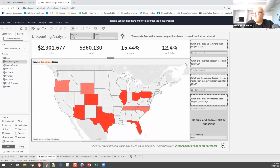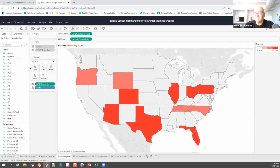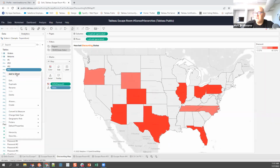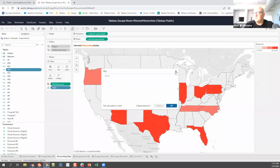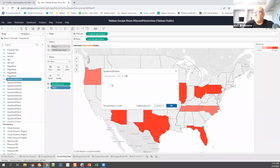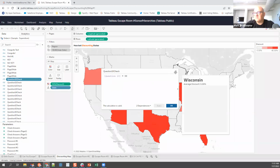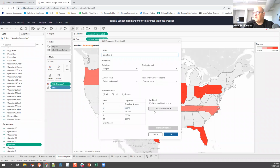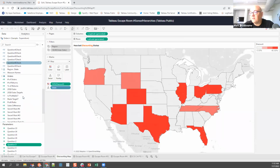and I'm going to go in just to show all of the different calculations and things that had to be created. So you can see here there's 16 questions that had to be created, and a lot of them are just placeholders. But you can see there's a question check. So, every question had a parameter and every parameter had to meet a certain value. And you'll see that I'm seeing question is equal to 99. Now the reason I'm doing that is because if I go down to one of the questions here, you can see that select an answer has a value of 0. The incorrect answers have a value of 1, 2, and 3, and then the correct answer has a value of 99. And the reason that I did that, if memory serves,